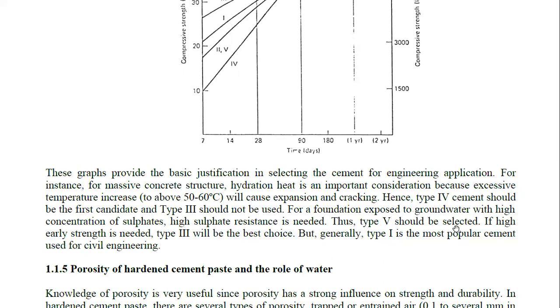So type 5 should be selected. If high early strength is needed, then type 3 will be the best choice. But generally, type 1 is the most popular cement used for civil engineering. So hence, from the language, it is clear that the mostly used type of cement is type 1 cement,